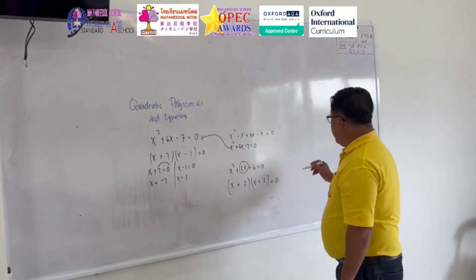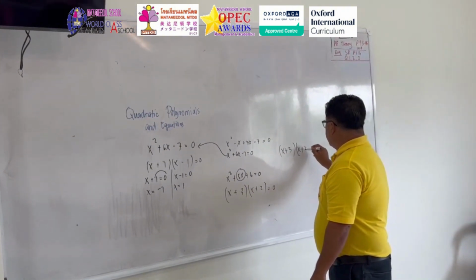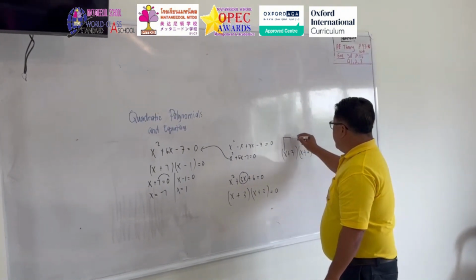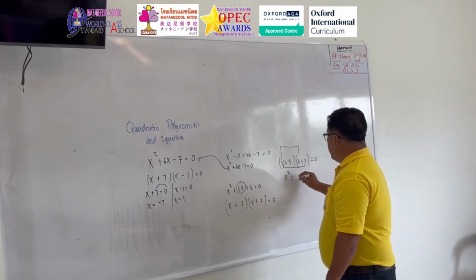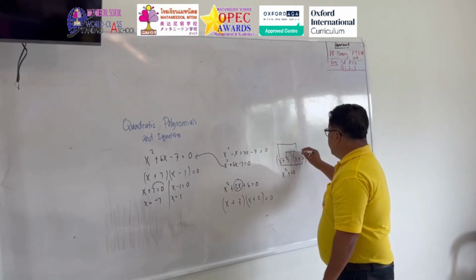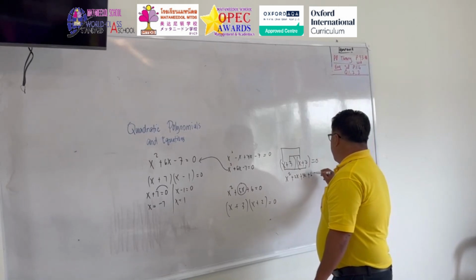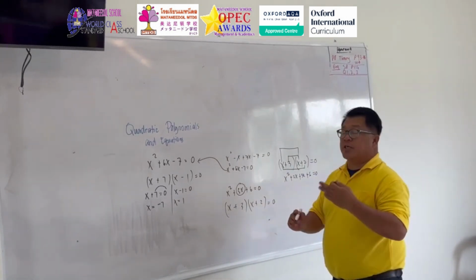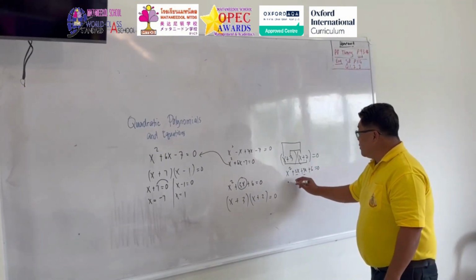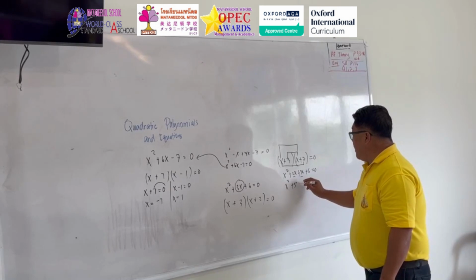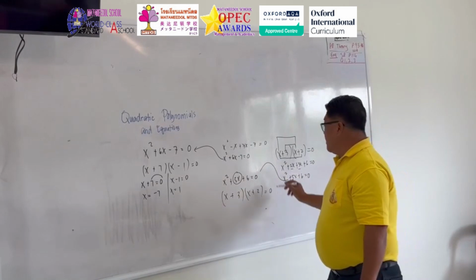So we do that. Again, x plus 3, x plus 2 equals to 0. Multiply x to x, we have x squared. Multiply x to 2, we have 2x. Multiply 3 to x, we have 3x. And 3 times 2 is 6 equals to 0. Combine like terms, we have 2x and 3x. Both signs are positive. So x squared plus 5x plus 6 equals to 0, meaning correct.